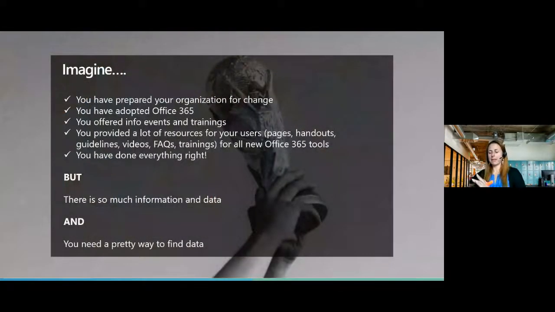So imagine the following. You have prepared your organization for change. You have adopted Office 365. You offered information events and trainings. You provided a lot of resources for your users: pages with descriptions, handouts, guidelines, videos, FAQs, trainings, a lot of information for all the new Office 365 tools. You've done everything, right? But there is so much information and data, and you need a pretty way to find